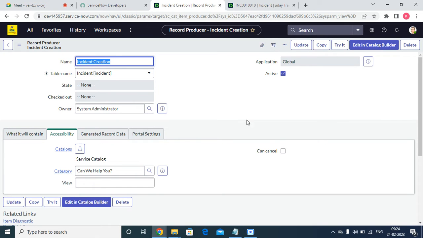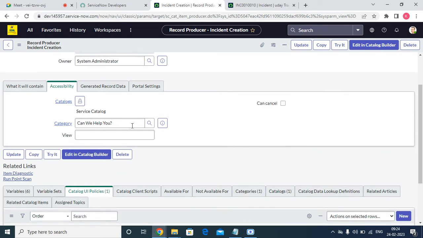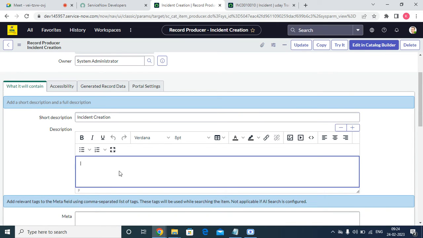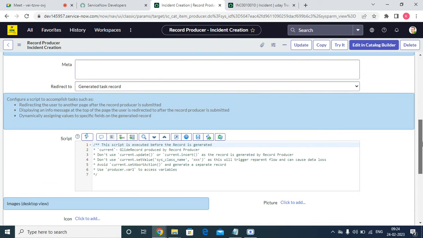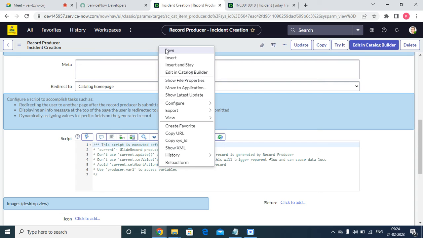so this is the one. So here what happened, whenever you look at what it contains, the short description you can write, and see here, redirect to the target record. Redirect, it's going to the generated task record. If I give it as catalog home and try to save it,